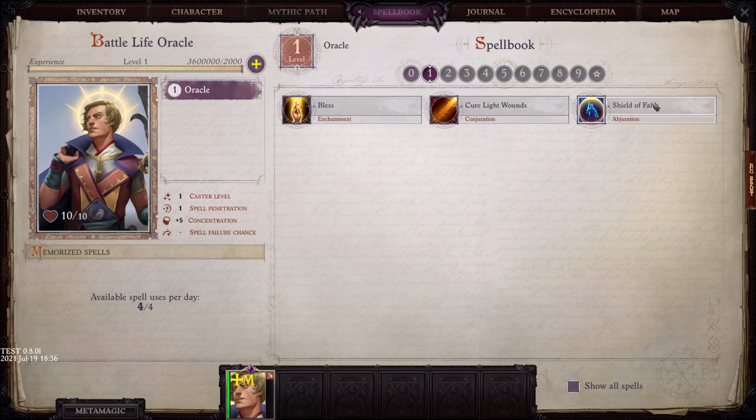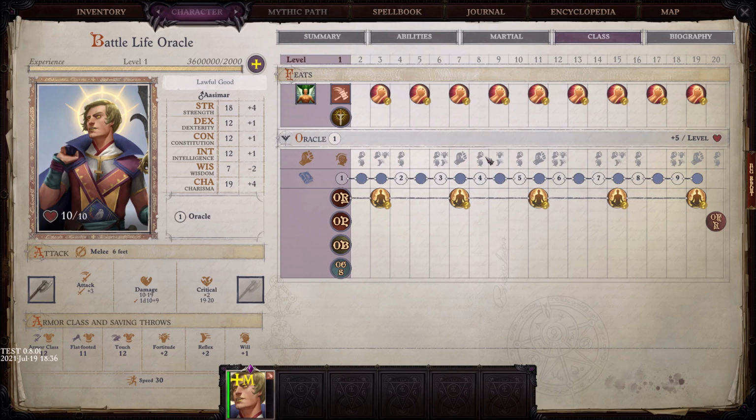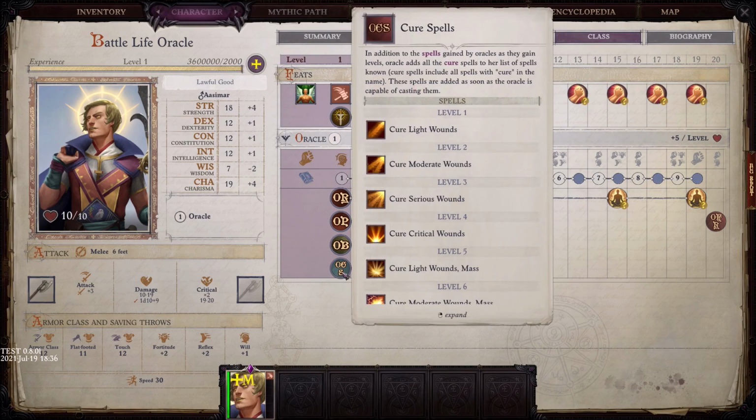On that, at level 1, we picked Shield of Faith and Bless for our 2 free spells. Again, Cure Light Wound was given to us. Also, you need to point out that you are an oracle that has a curse. All oracles do, and our curse is...